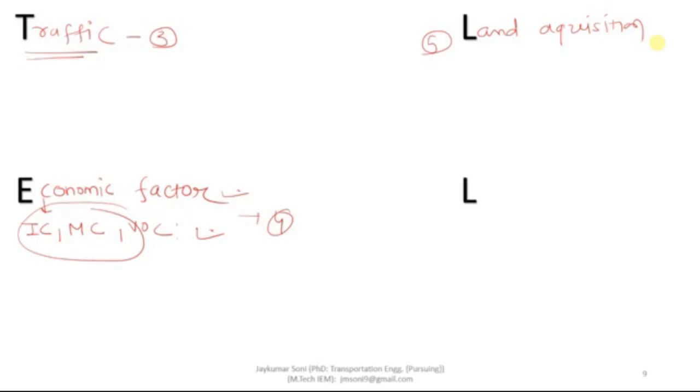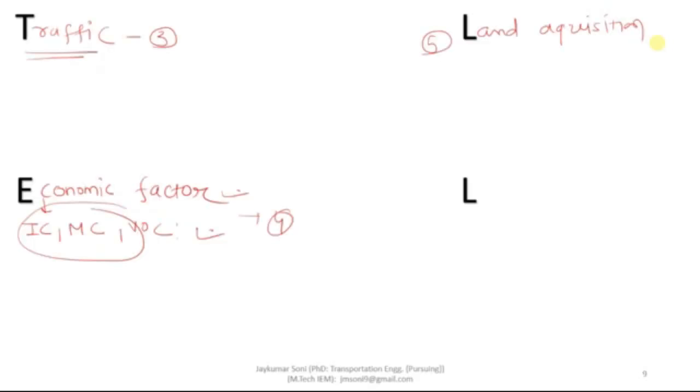Now, the sixth criteria is about another L. Now, what is this L all about? It is about low grades and easy curves. What does it mean? It should be such that the low grades and easy curves are obtained, and to achieve